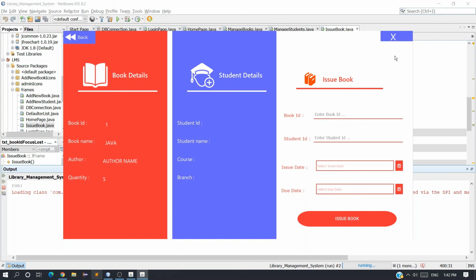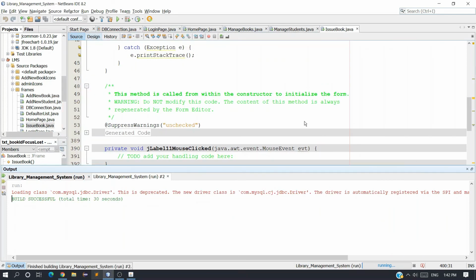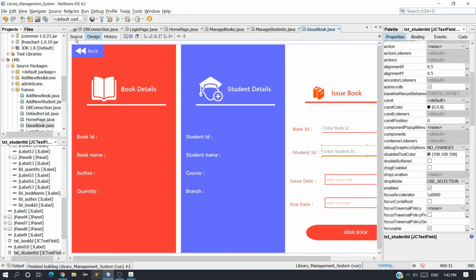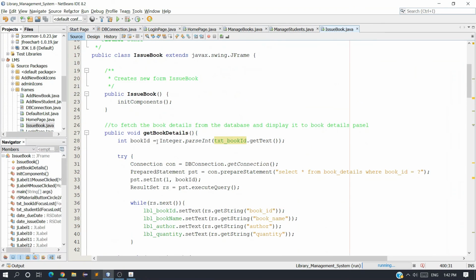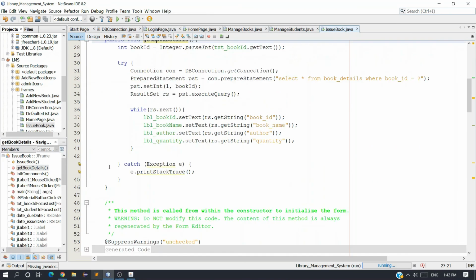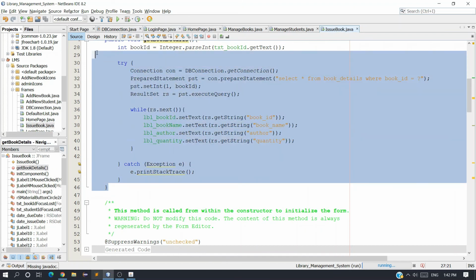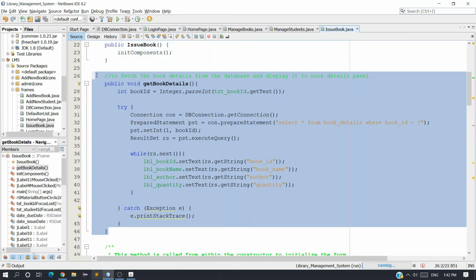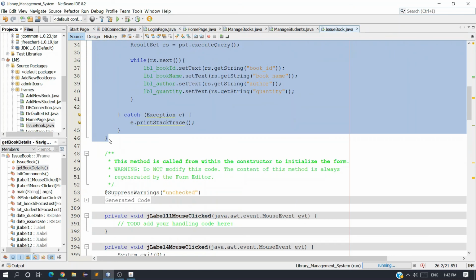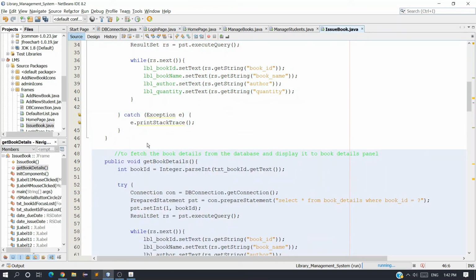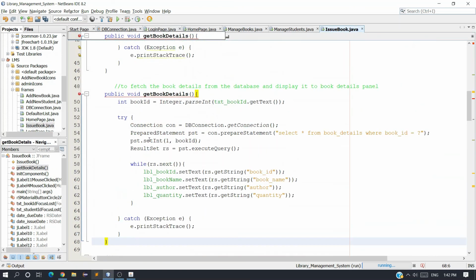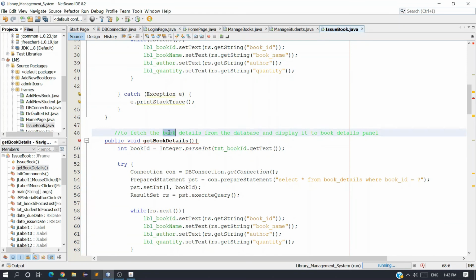So we have to do the same for the student details. We have to create another method to get the student details. Copy this method, because everything is going to be the same, we just have to change the label names or variable names. Control C, come down, paste it here, and change the comment also to fetch student details from the database and display it to the student details panel. Change the method name also,